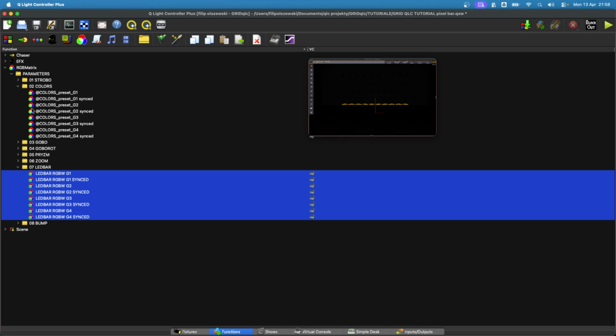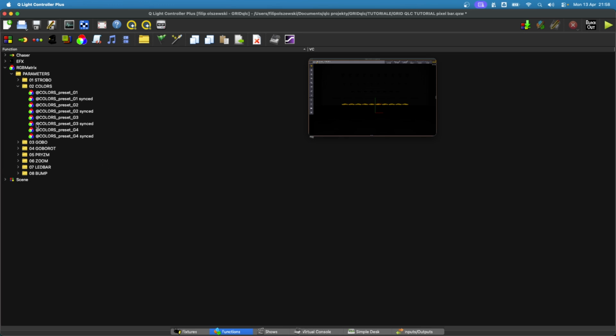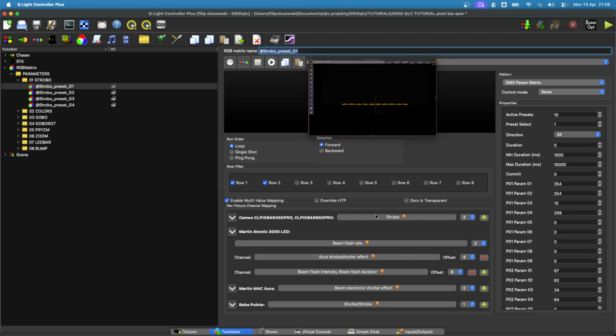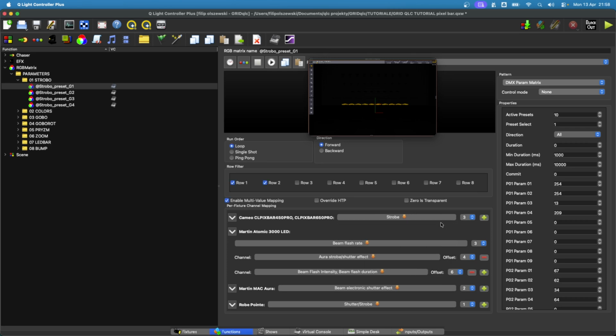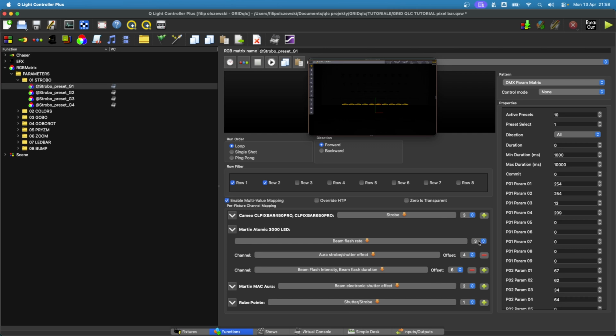And the next thing we want to do is strobe / shutter. So here we have this Cameo. Again, find strobe shutter and click here. And now we need to find a space for it. So it's 1, 2, 3, 4, 5. It's empty because we have 6 parameters in this fixture in this layout in here. So again, copy,